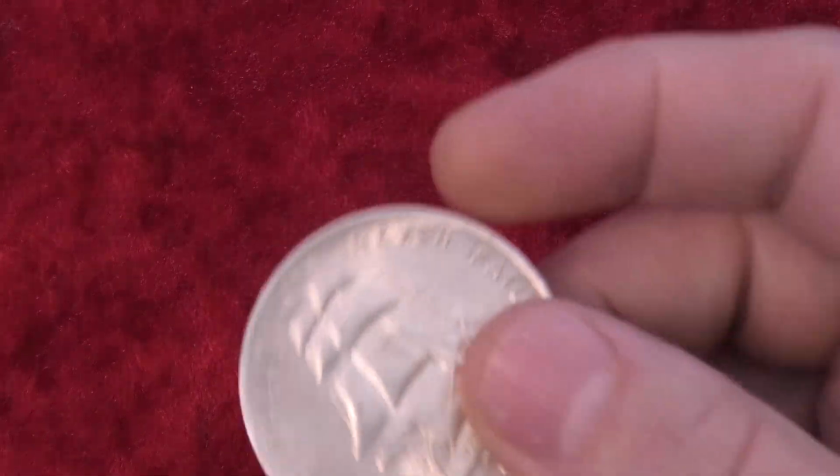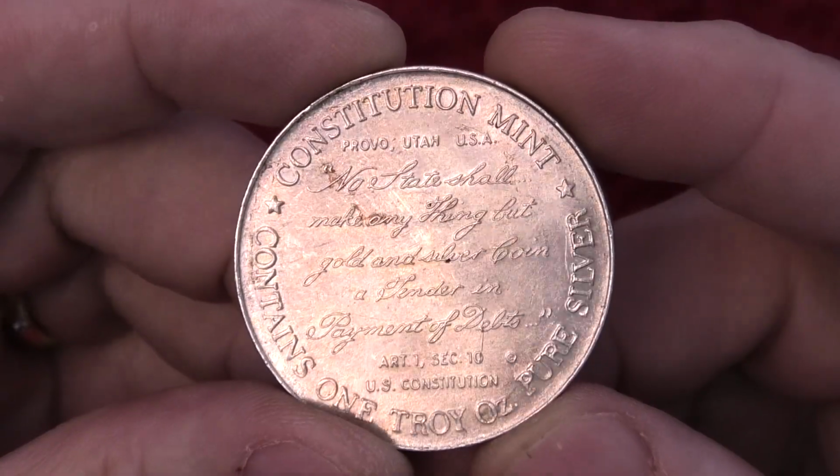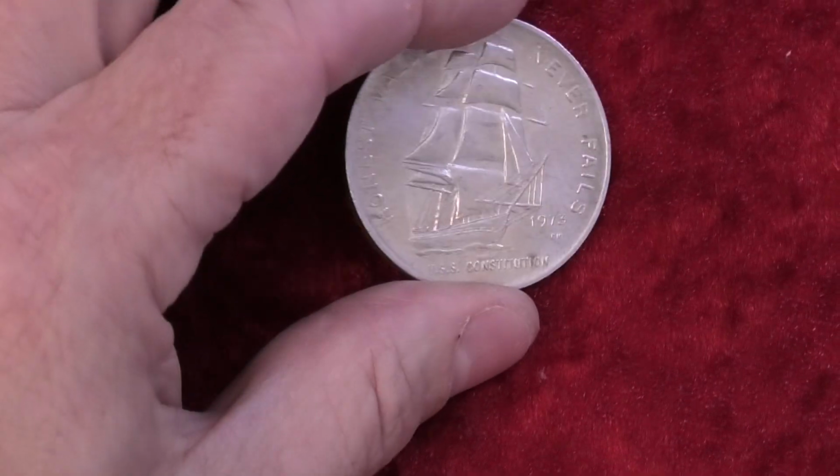This is the first item I got here, Constitution Mint. And I got a lot of stuff that I don't know what the heck it is. I got 9 pieces. Oh, and I wanted to show you a